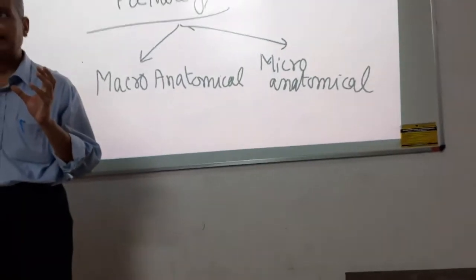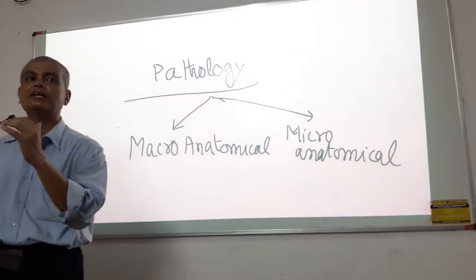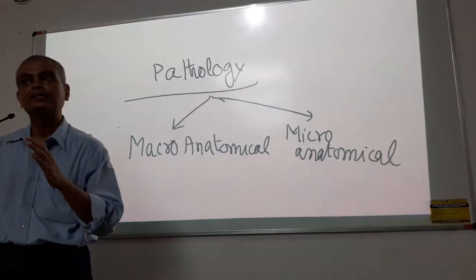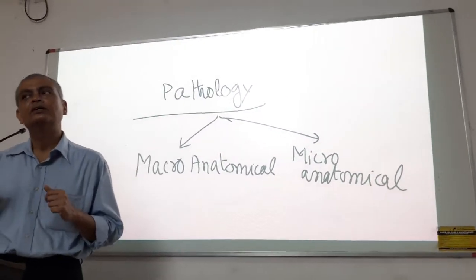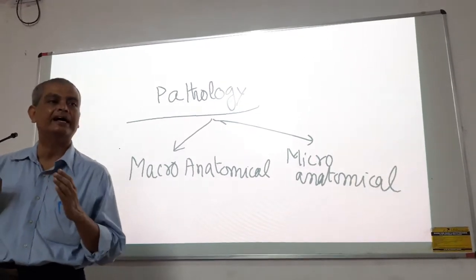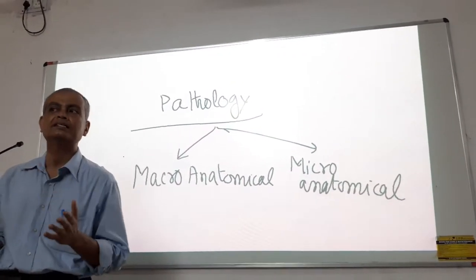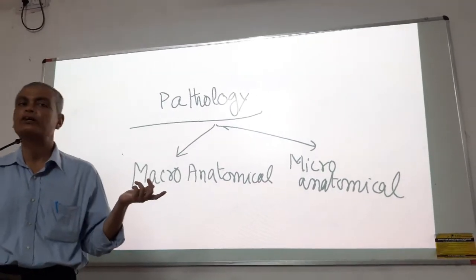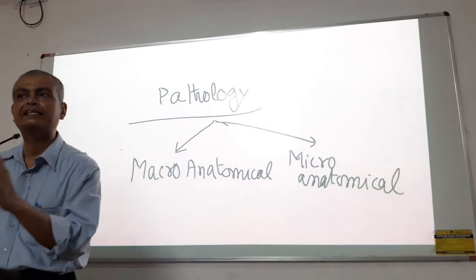So a disease, etiology, will give rise to different steps in order to produce a change in the organ, that is pathogenesis. And as a result of this, there will be a permanent change or temporary change in the organ. And so now there will be some changes in the organ which can be seen either by the naked eye, which is the macroanatomical changes, or gross changes, and something which we can see with microscope, that is the microscopic changes. So if anybody will ask, discuss the pathology of the disease.